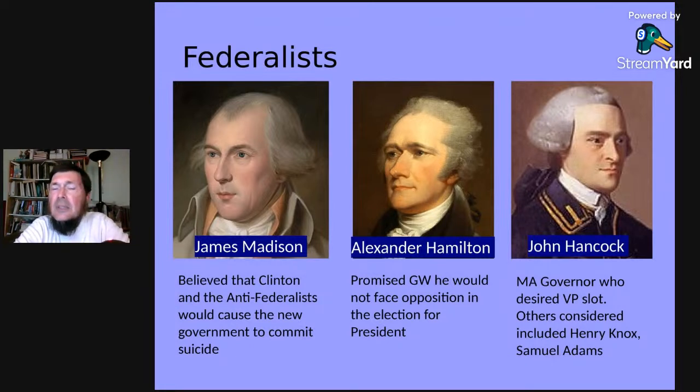So Alexander Hamilton traveled to Mount Vernon and met with George Washington to convince him to run, because George Washington did not want to run. He was very happy being back at Mount Vernon after returning from the Constitutional Convention. And he made it clear to Alexander Hamilton if somebody else wanted it, he was not even going to be a candidate. But Alexander Hamilton tried to make the case that nobody would run against George Washington for president, for